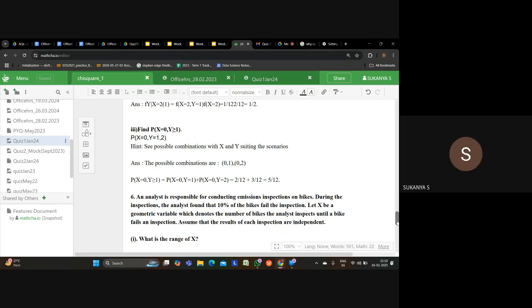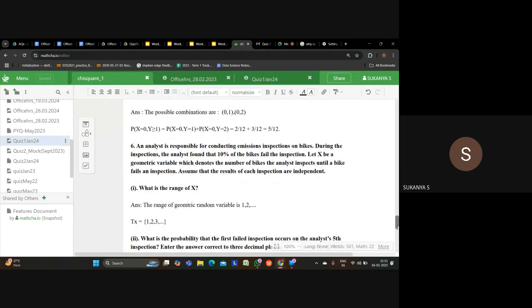For binomial, you get two possible outcomes, 0 and 1. In the case of X, here also it is success and failure, but what does X say? A geometric random variable explains in which trial you are getting your first success, right? So your first success can occur from 1 to infinity. You can infinitely go on with failures. Maybe if your success probability is 0.05, you will end up doing the experiment many times, not just one or two. So the range of X goes from 1, 2, 3 up to infinity.